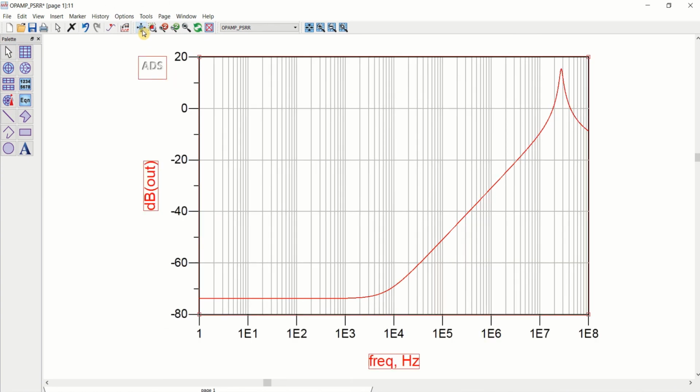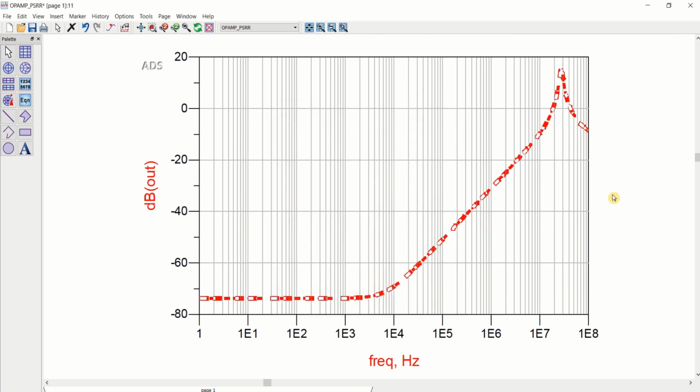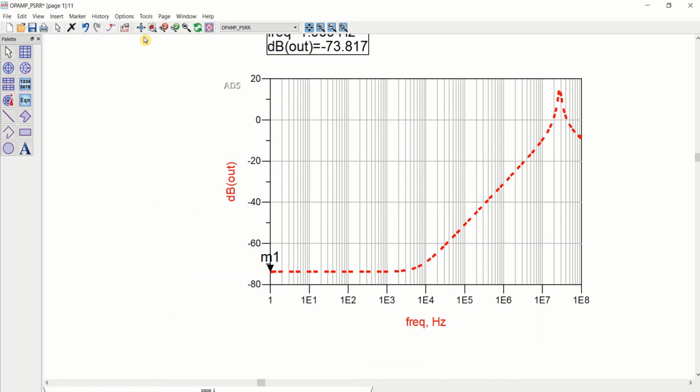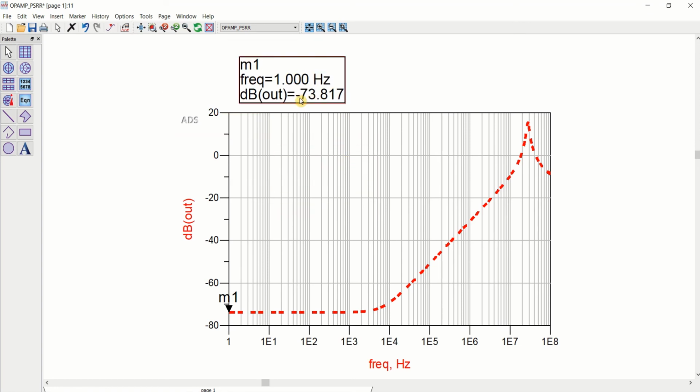This is the PSRR response. So you can measure the PSRR exactly at 1 hertz. It is providing negative 73, which is a very low value.